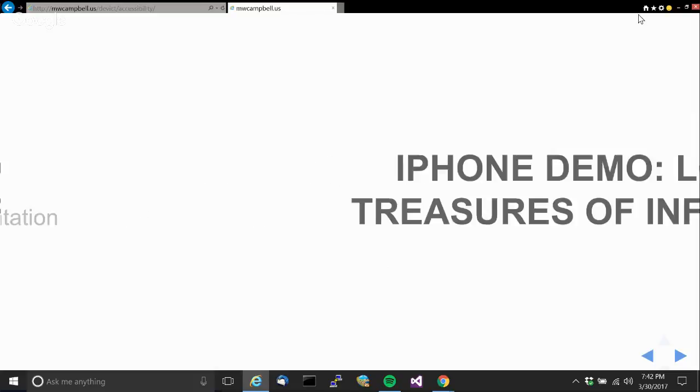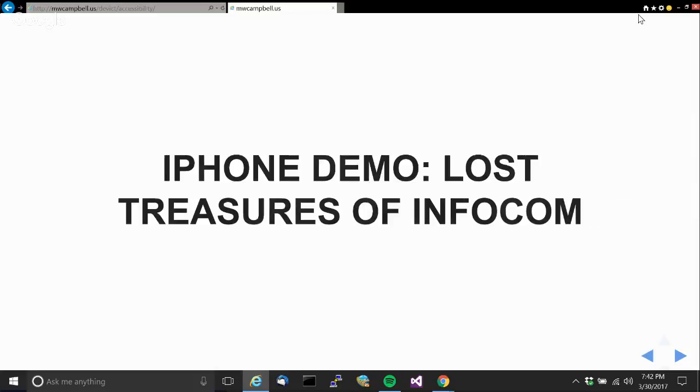For example, and this is my favorite example of an inaccessible iPhone application, because back in the 80s, the Infocom text adventure games worked great with screen readers, at least on MS-DOS, as I understand it. I wasn't actually there. A little bit before my time.